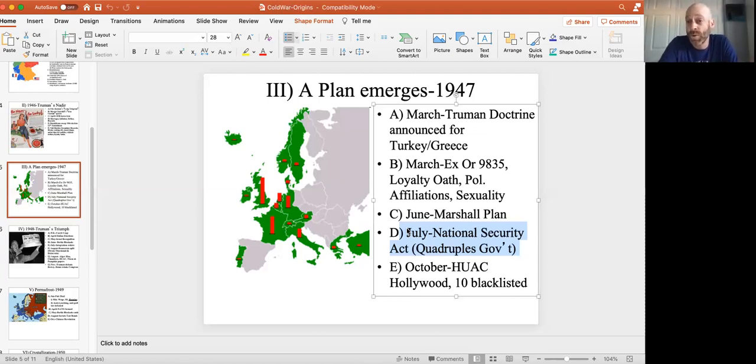The US started the war as the 17th best army and ended with the second biggest. And we started the war with the fourth biggest navy and ended with the first biggest navy. Britain couldn't compete anymore, and so the US really usurped that role. And now we're involved in diplomacy in the United Nations, in the World Bank, in the Marshall Plan, in all of these endeavors throughout the world to promote peace.